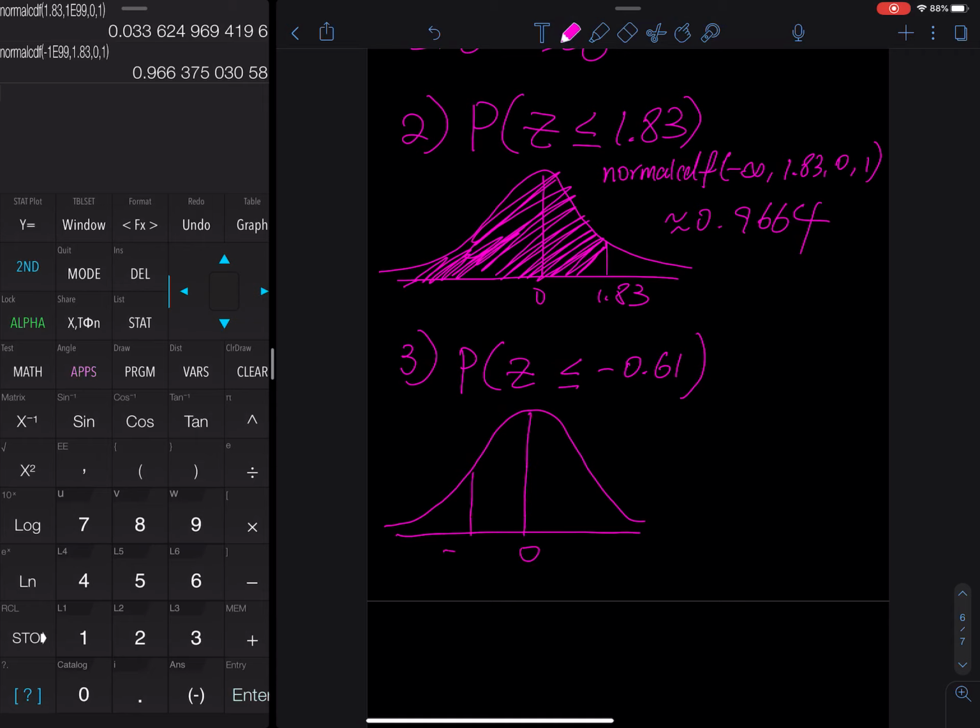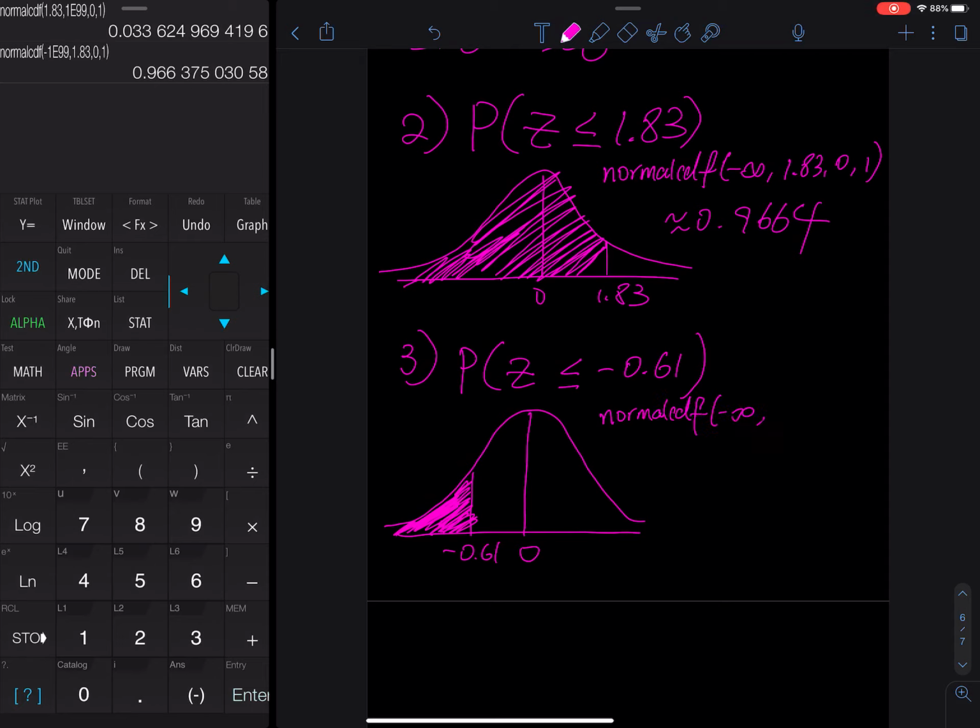0, negative 0.61, less than that. Is the equal important? The answer is no. If you don't use negative 0.61, what do you use? Nothing, right? You have to use negative 0.61. So since x is a continuous random variable, we don't care whether the equal is there. So this is normal CDF